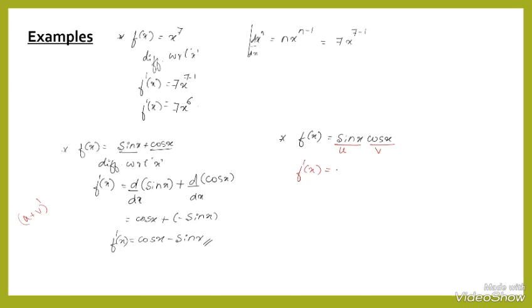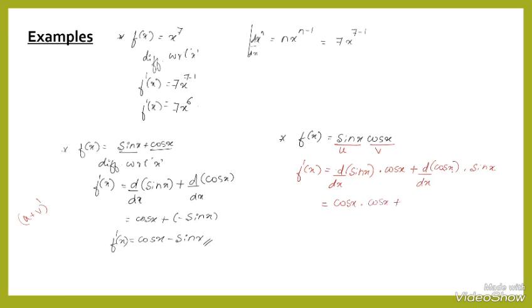Take differentiation of first function. First I have to differentiate the function, differentiation of sin x. Okay. I will keep constant the second function, that is cos x, plus again differentiation of second function. I will take the differentiation of second function and keep constant the first function. That is equals to differentiation of sin x will be cos x into cos x